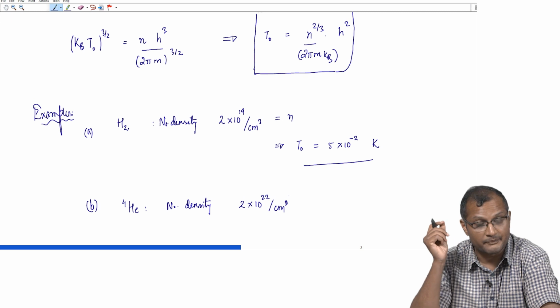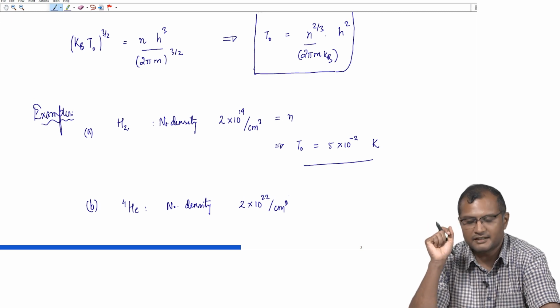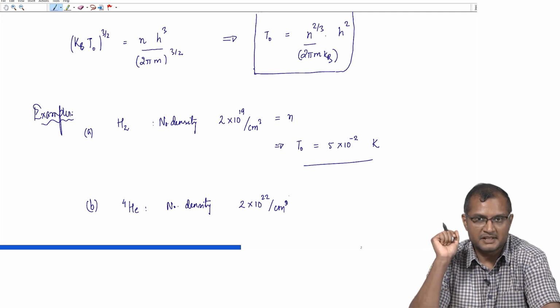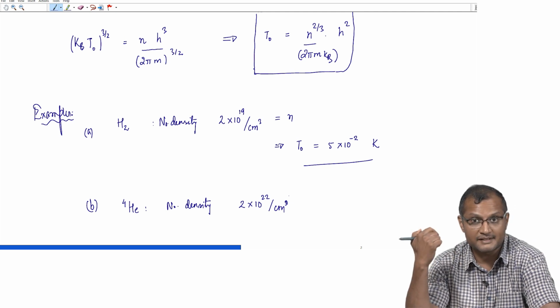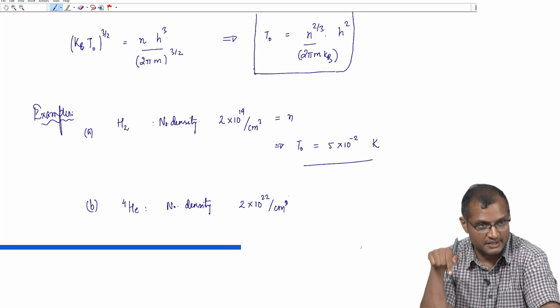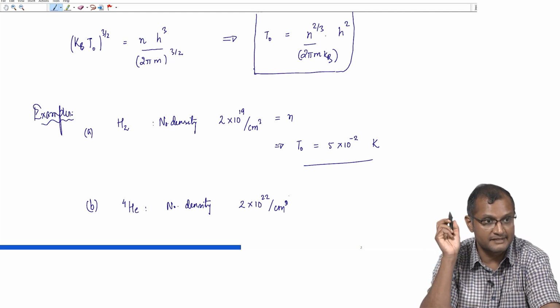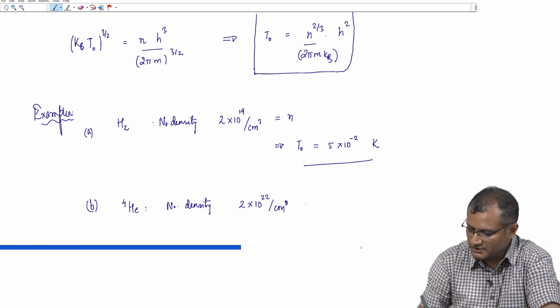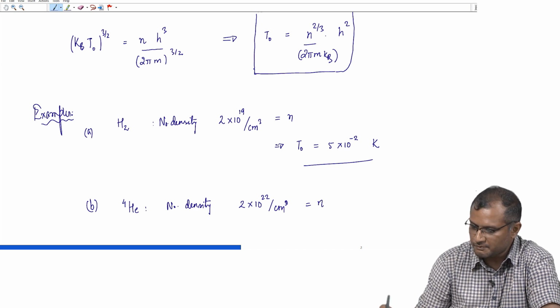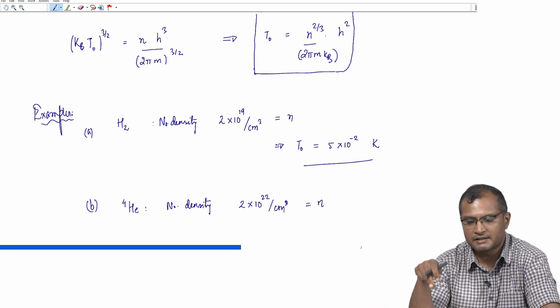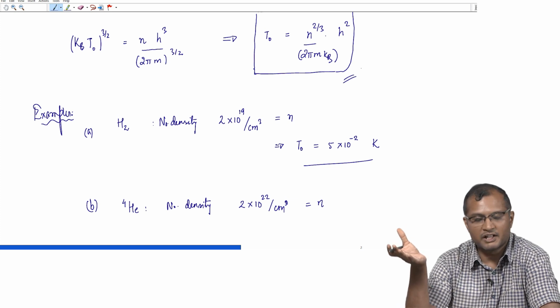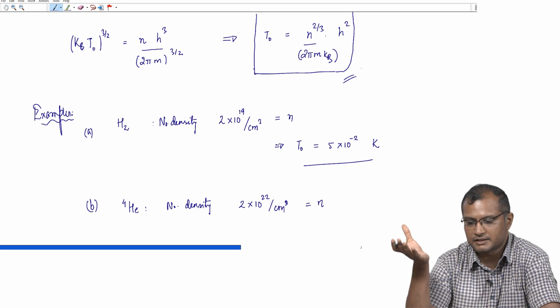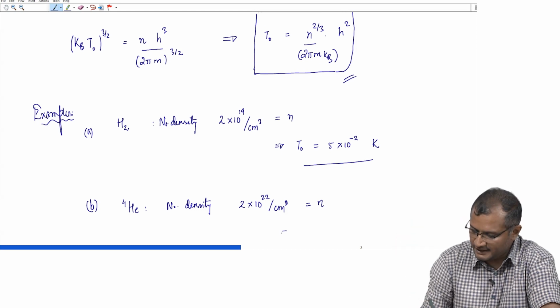Now, this is a higher density. So, I can expect that the degeneracy temperature will be higher, because now I should see quantum mechanics effects at even higher temperature, because this guy is already sitting at a higher density. Okay. So, this is the N for it, and you plug this number density in this expression that we have computed, put the value of Boltzmann constant and Planck's constant, you will find that the degeneracy temperature for liquid helium